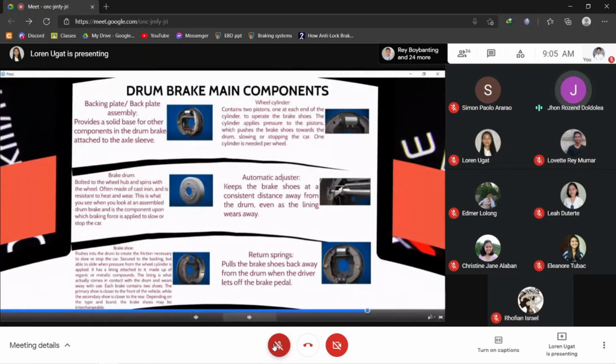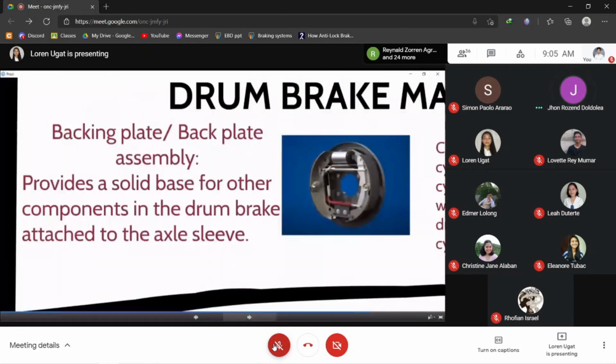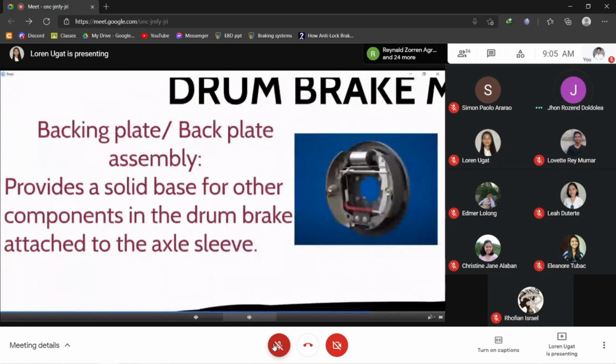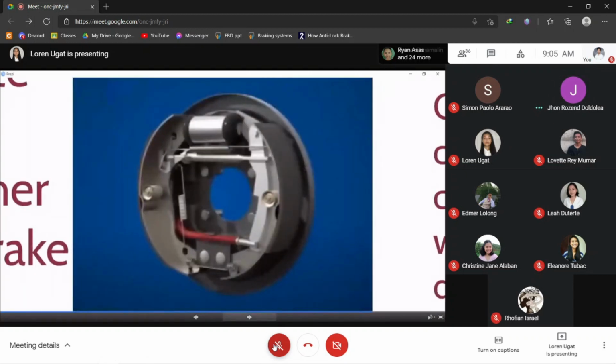So what are the main components of drum brake? So first, backing plate. The back plate assembly provides a solid base for other components in the drum attached to the axle sleeve. So base sa jud sa kuan. Murag sa computer pa, ang murag motherboard. Ana mga components gi-attach. So next,